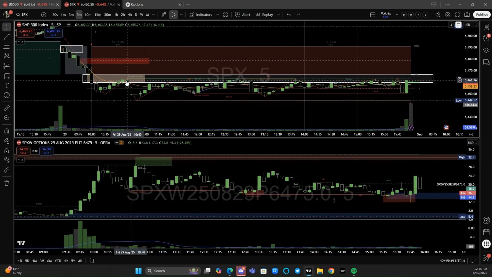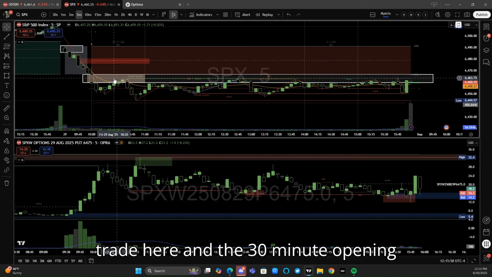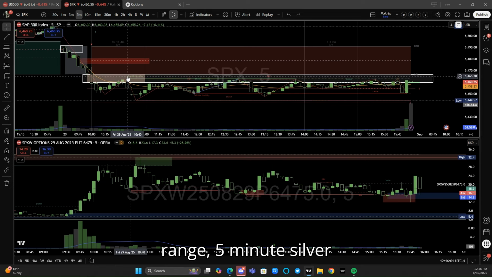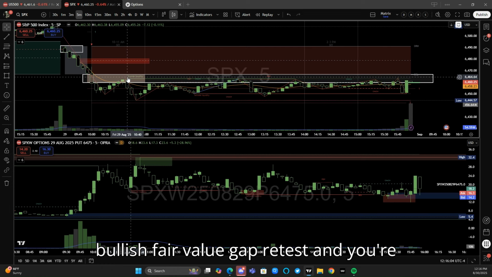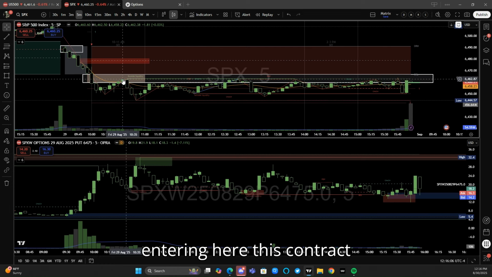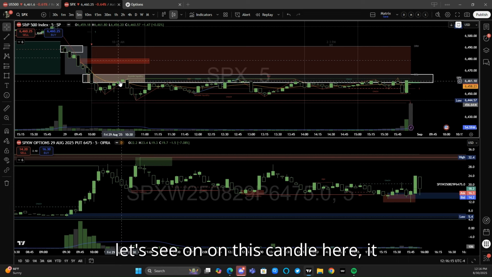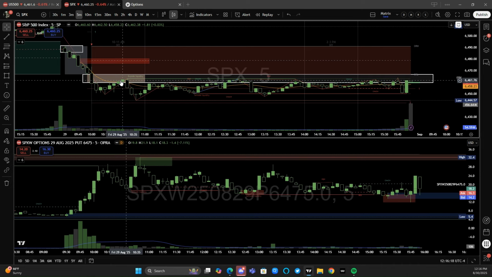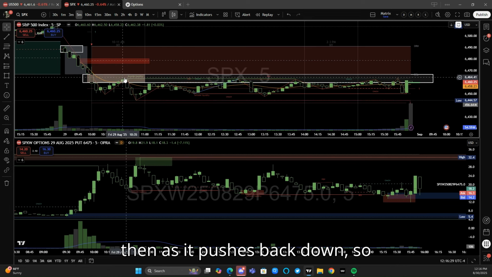So this is, if you want to put a percentage on it, the 82% win rate trade here: the 30-minute opening range, 5-minute silver bullet bullish fair value gap retest, and you're entering here. This contract at 64.75 was, let's see, on this candle here, it opened up at 22. You're talking about 19, low of 17, and then as it pushes back down, so you're entering here and